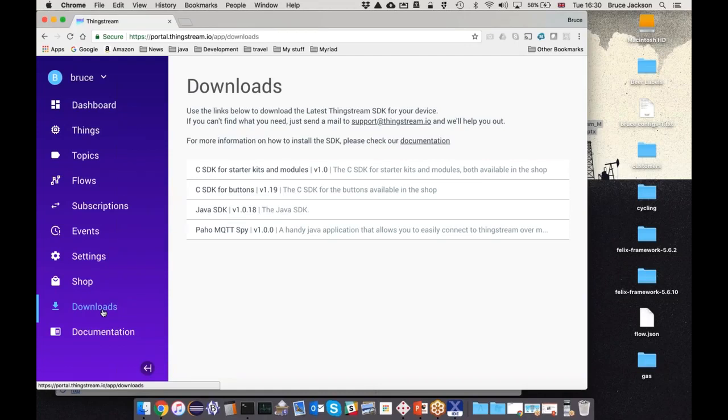The top two options are the SDK for starter kits and modules, which we supply, and then the SDK for buttons. Both of those are based on NXP processors. The starter kits and modules are KL27256s, I think, and the buttons are LPC824s. So that's where you get the SDK from. It's simply click in there and download it. Once you get that,